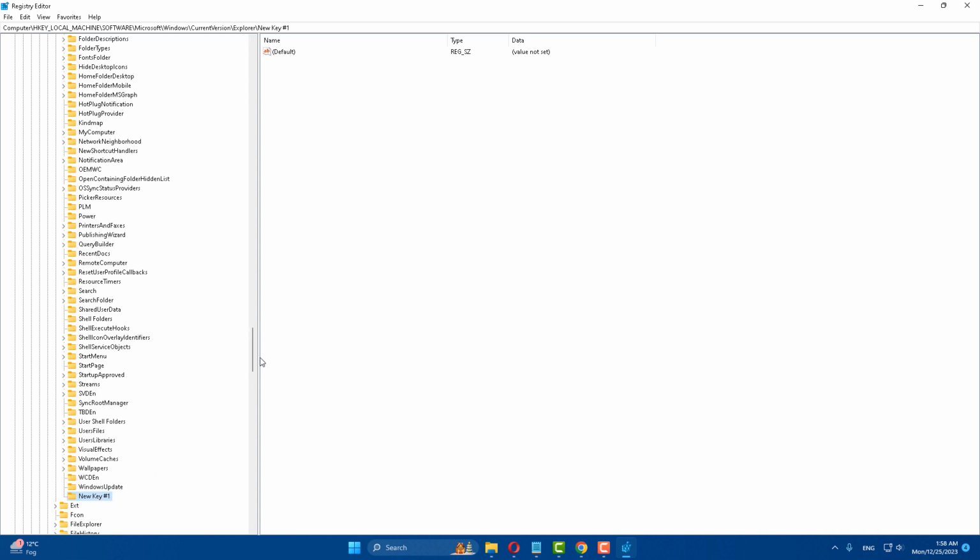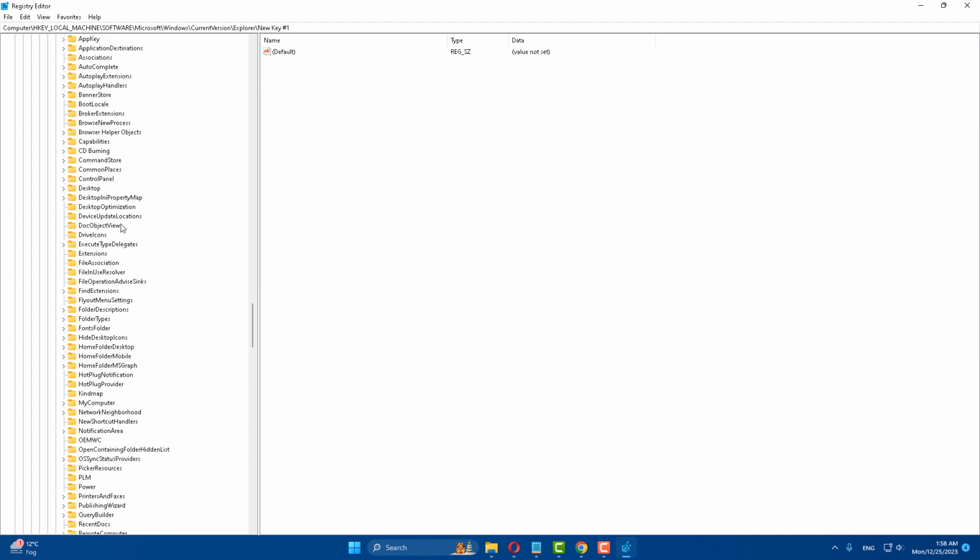Now I have already created this folder. Now here is DriveIcons. Select it, right click and click on New Key, and set the key name as E. Select it,